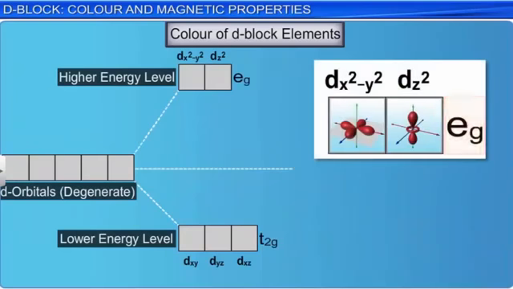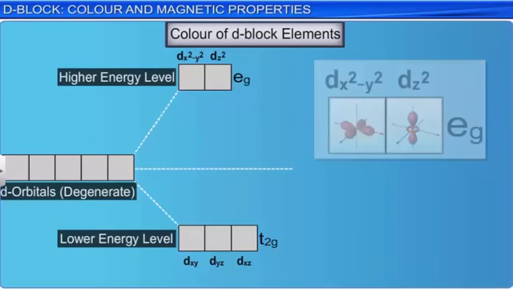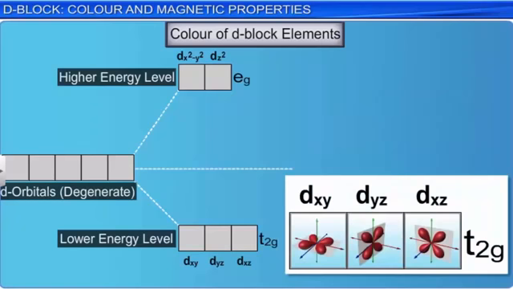One set, known as the Eg set, consists of two orbitals, dx2-y2 and dz2. The other set, known as T2g,